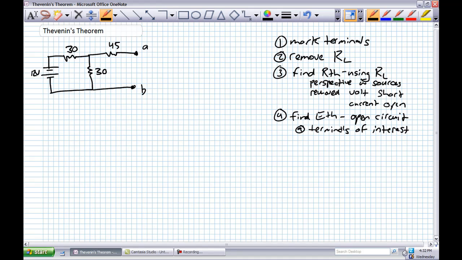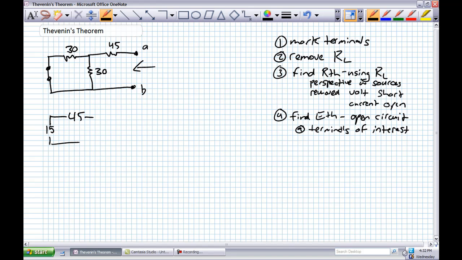From the perspective of where the load resistor used to be, what is the Thevenin equivalent resistance? Well, we've got to go ahead and remove our source first. It's a voltage source. What are we going to replace it with? A short. How does this look from the perspective of the load resistor? Again, perspective. It looks like a 30 in parallel with a 30, which we all know is a 15,